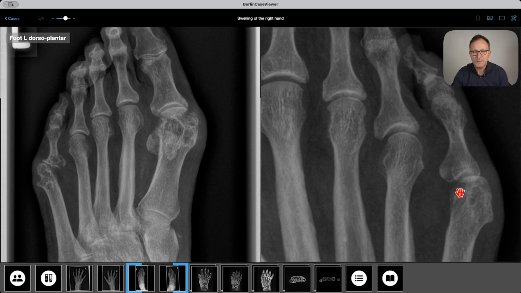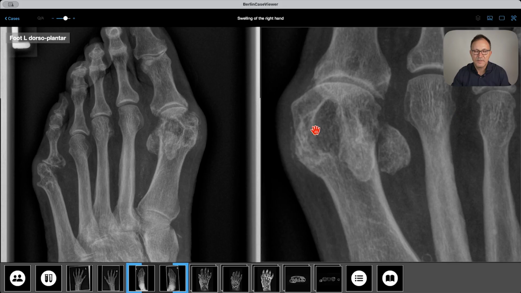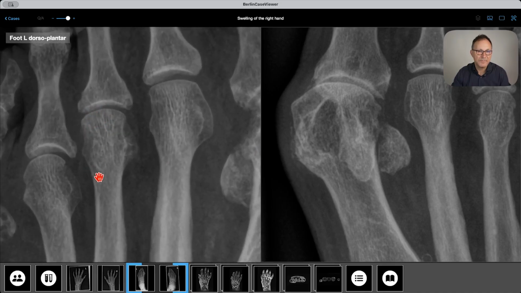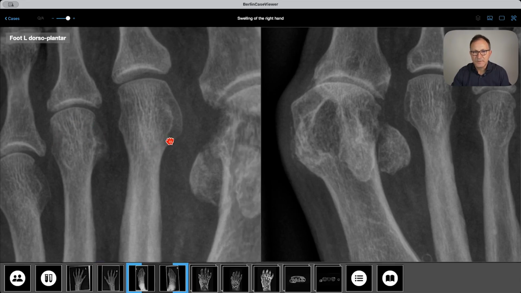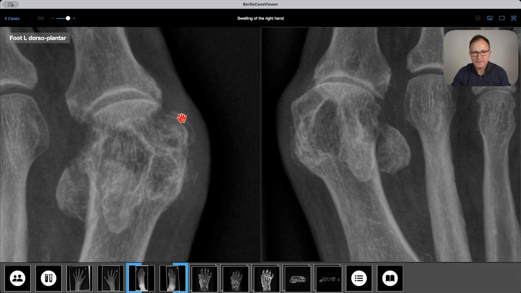So there is a symmetric appearance of erosions in the MTP joints on the fifth ray, and we also see destruction here in the MTP joint 1 with large defects in the middle, in the basal phalanx, in the head of the metatarsal. Also here, so large erosions, and there are also some erosions visible here in the third MTP joint. If you compare to the fourth one and the second one, you can see there are some cystic lesions over here. So what else can we see? There are some faint calcifications, but actually they are not so faint. They are quite obvious.